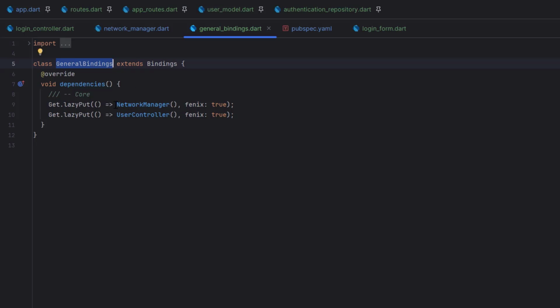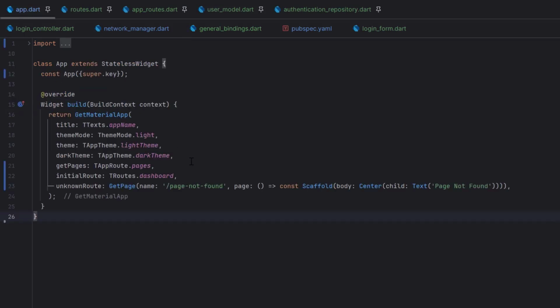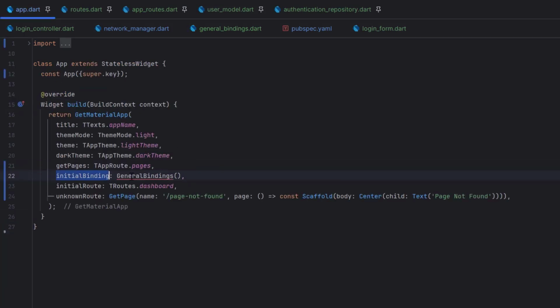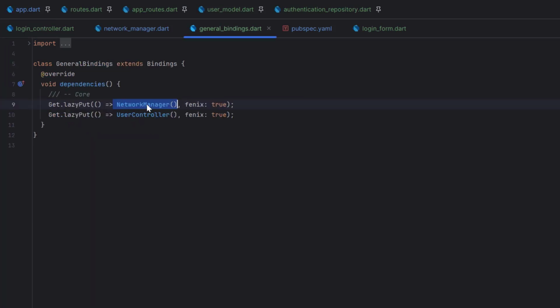Using these general bindings, it will automatically create its instance and will keep on listening for the network changes. And inside the app.dart we have to declare the initial bindings, and as an initial binding we have to call our general bindings over here. Now whenever our application is launched, it will automatically listen for this network manager, and it will create a